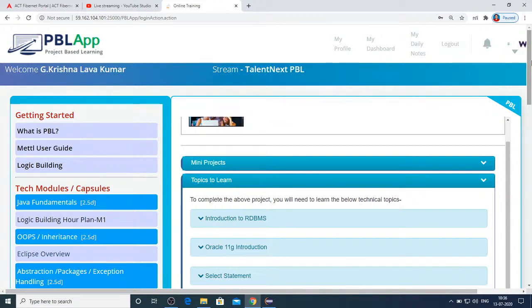The basic terminologies that you need to understand with regard to RDBMS: what is a relation? A relation is nothing but a table. Next, what is a tuple? A tuple is nothing but a row. What is an attribute? An attribute is a column. So these are the basic terminologies you need to remember.